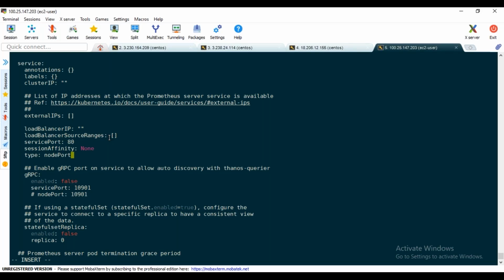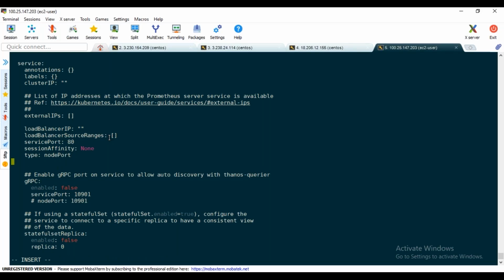Okay, and we need to give port, node port 32323, something like this. So we need to give from 30,000 to 32,000, some range is there. Inside that only we need to give the port range. So I'm giving this node port. Okay, so now apart from this,